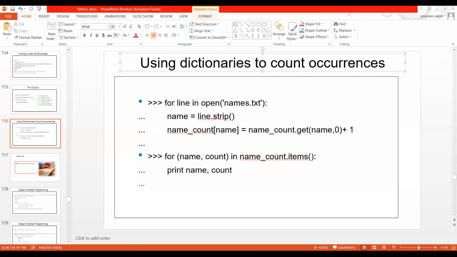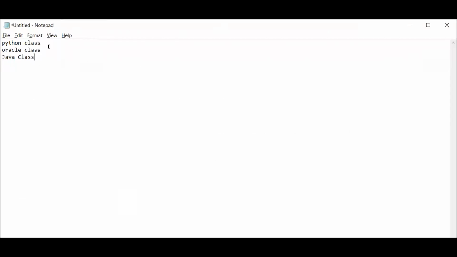Let me share the file I'm writing. Yes: Python class being taught by Praveen, and then I'm going to write, Oracle class is being taught by Shukla, or maybe Shivam sir.